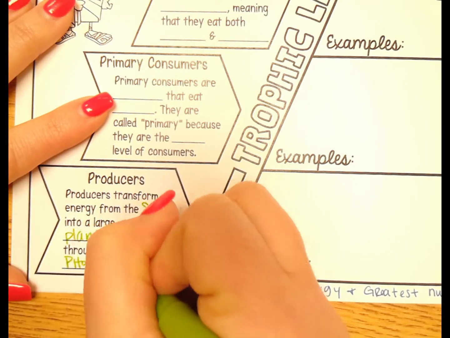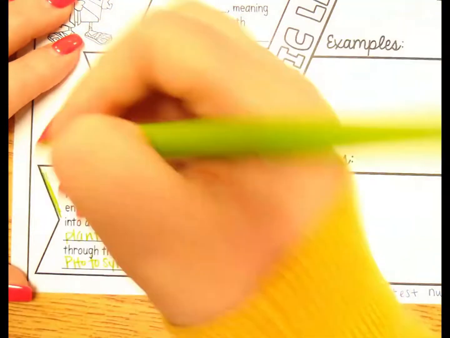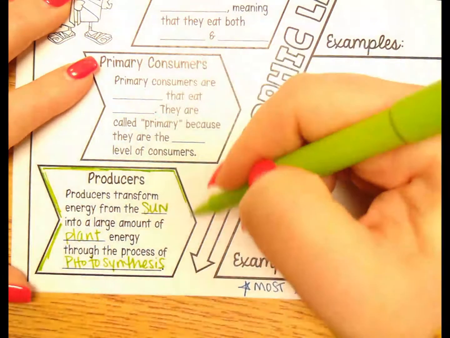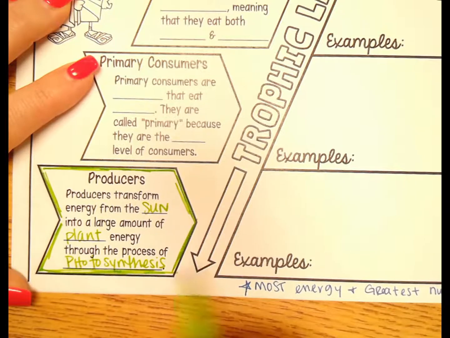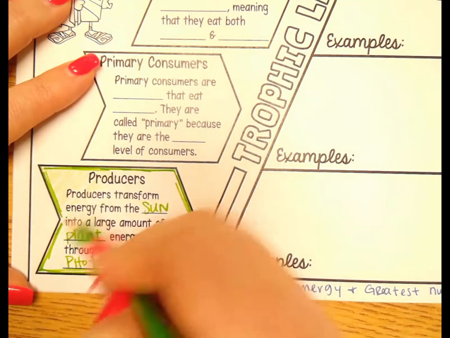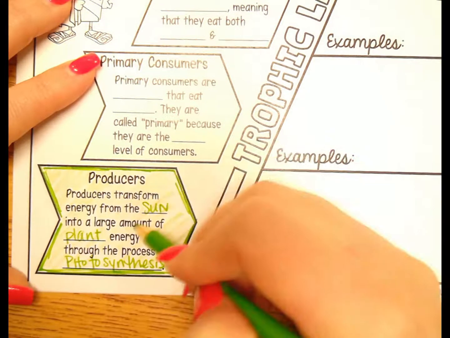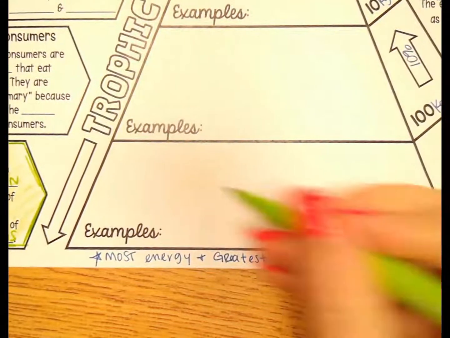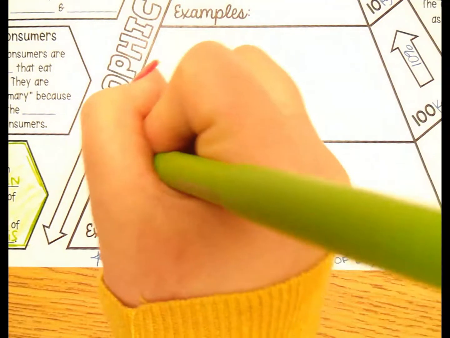photosynthesis. Okay, and if you don't have colored pens like Miss Young, that is okay. We could just box this in green and give it that pop of color to help us remember. You can shade your box in green as well if you have colored pencils to help you remember that this information is going to go with our producer level of our pyramid. Okay, so over here in our base level, our largest level with the most energy, we're going to have green